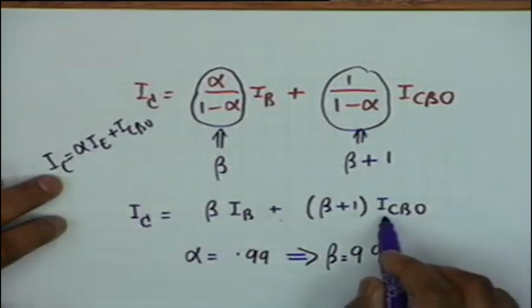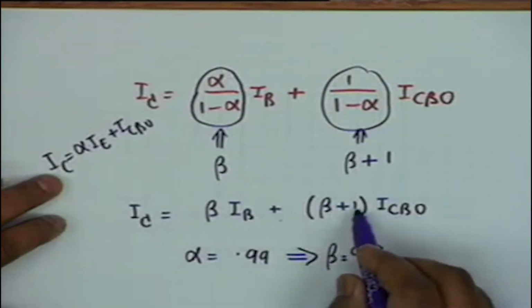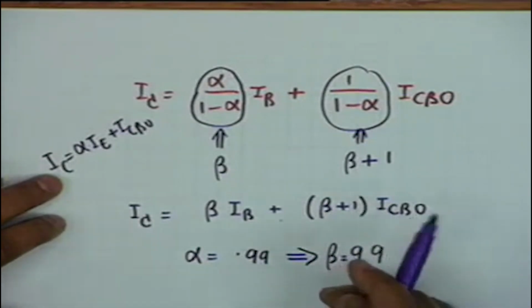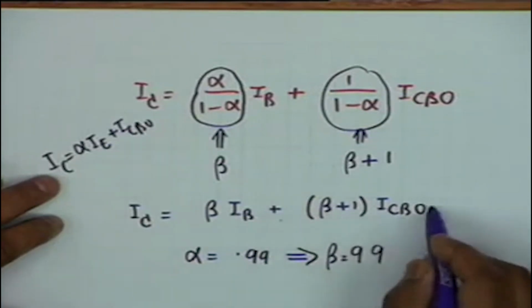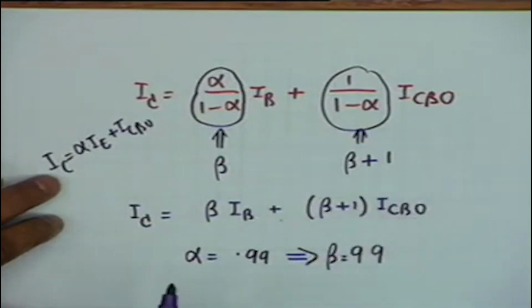Here you see ICBO is multiplied by a large quantity, beta plus 1, and if beta is 99, then this is 100 times ICBO, and therefore the reverse saturation current contributes to a much larger fraction of the total collector